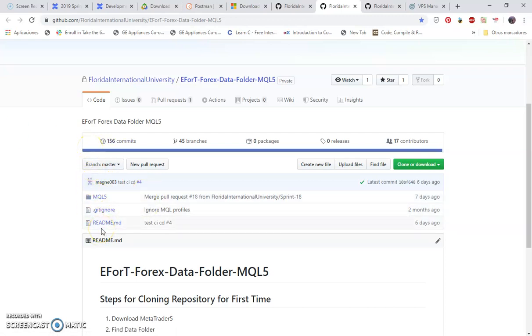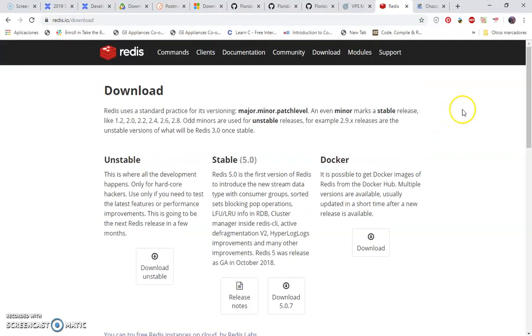The other thing you need is Redis, so this is what the APIs use. So if you don't have this running, when you run the API it will have like a token exception error type of thing. You'll see the name Redis somewhere, so you'll know it's this. So you first have to download it from here, the Redis website. Just look up in Google Redis download and download this one. And then,